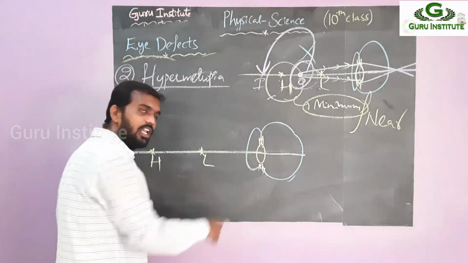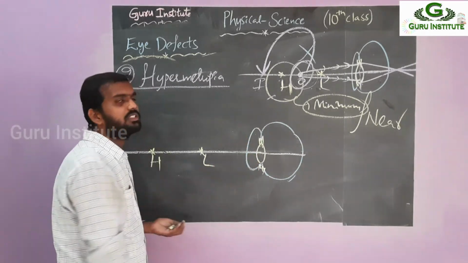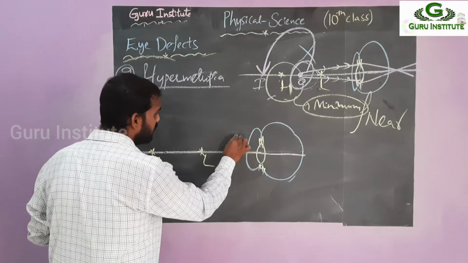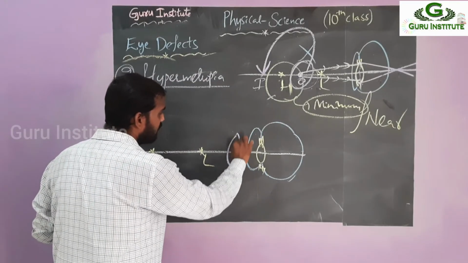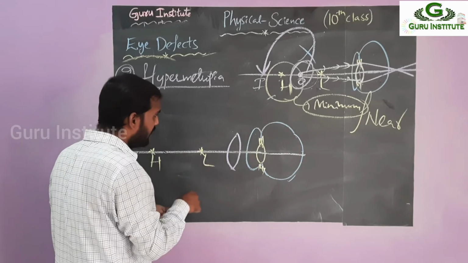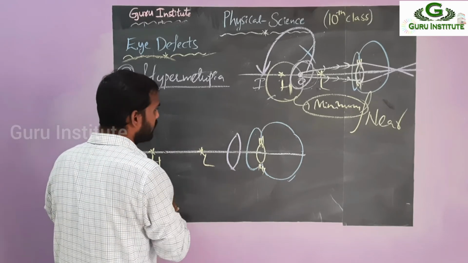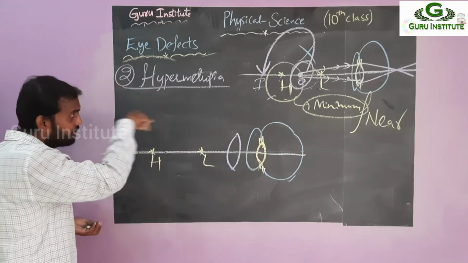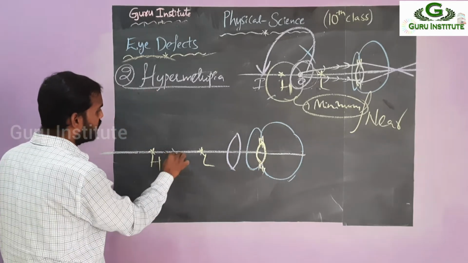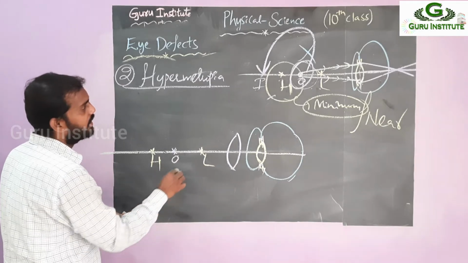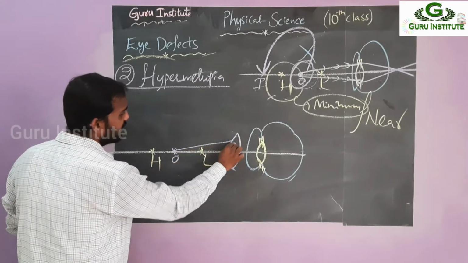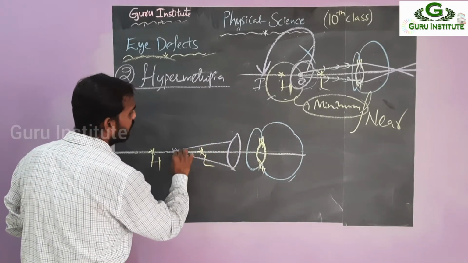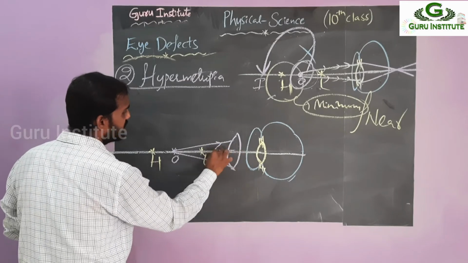That means in our eye also a convex lens, outside also a convex lens. Both are convex lenses only. So you have to use the convex lens. Okay, right? So then what will happen? Just see here. The object is in the middle of this. So rays are falling like this. First they are entering into the convex lens like this. First ray, second ray, third ray.